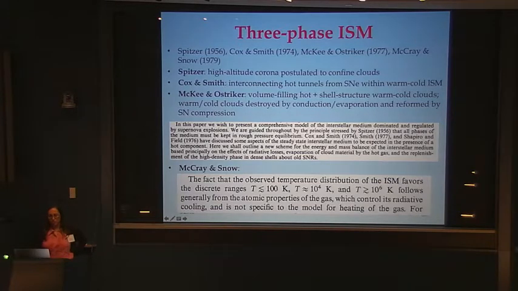Then Cox and Smith suggested, from the supernova rate being high, that there would be a lot of hot gas, and they suggested a network of interconnecting tunnels of this hot gas within what was then thought to be just a warm-cold ISM. McKee and Ostriker suggested that, in fact, the hot phase fills most of the volume in the ISM, and they were focusing on warm and cold clouds that are created by supernova compression